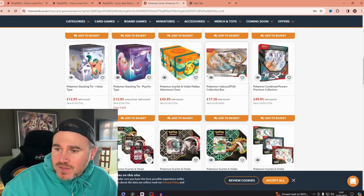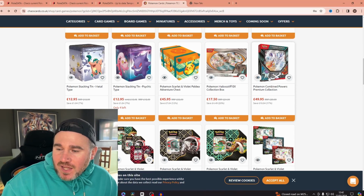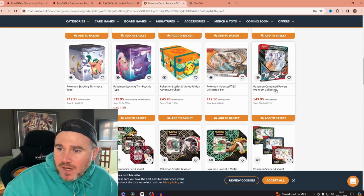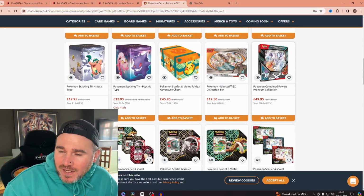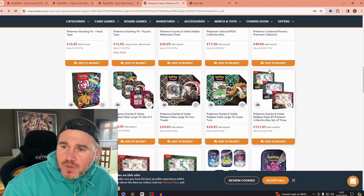Again, the Boss Mastiff collection box, not a big fan. If this gets reduced a lot, I know it's £10 less already than the retail price, but I don't know. I'm not a big fan of these jumbos. I think they need to get rid of the jumbos, add an extra pack or something like that for the same price. They won't do that because